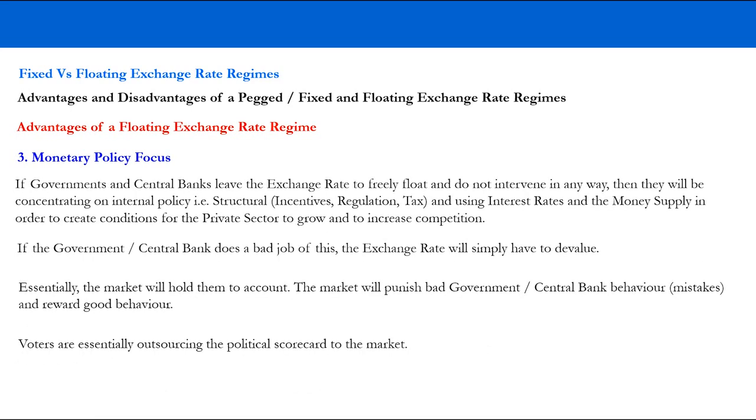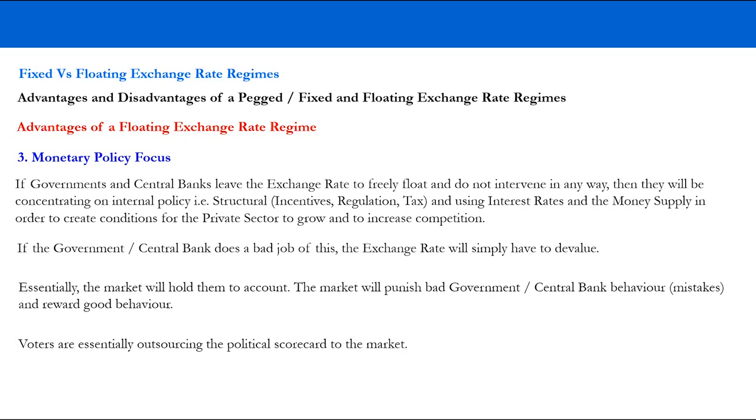And basically what happens is if governments and central banks leave the exchange rate to freely float and don't intervene in any way, then they will just be concentrating on this internal policy. So structural incentives and using interest rates and the money supply to create conditions for the private sector to grow